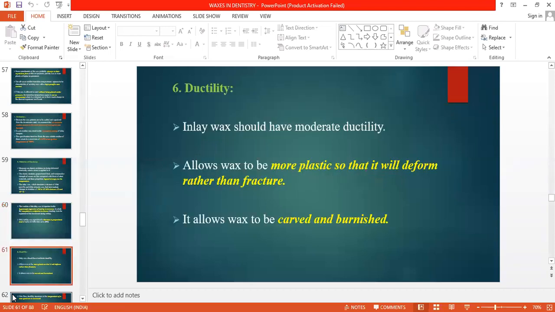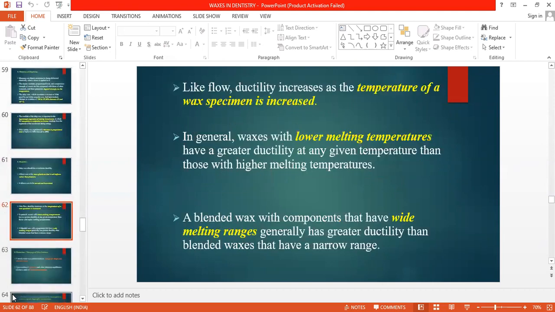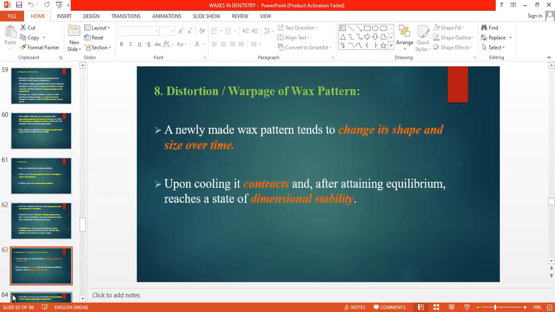Ductility: inlay wax should have moderate ductility, which allows the wax to be more plastic so that it will deform rather than fracture. Like flow, ductility also increases as the temperature of the wax specimen is increased. The distortion of the wax pattern. A newly made wax pattern tends to change its shape and size over time. Upon cooling, it contracts and after attaining equilibrium, it reaches a state